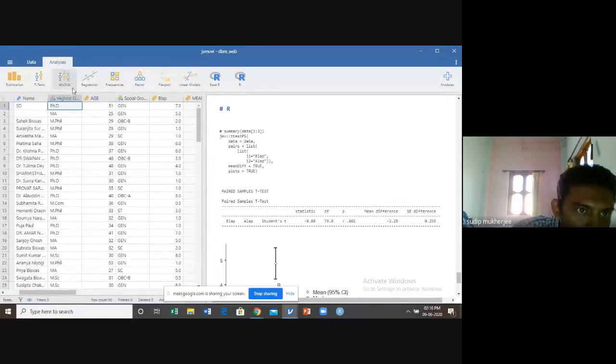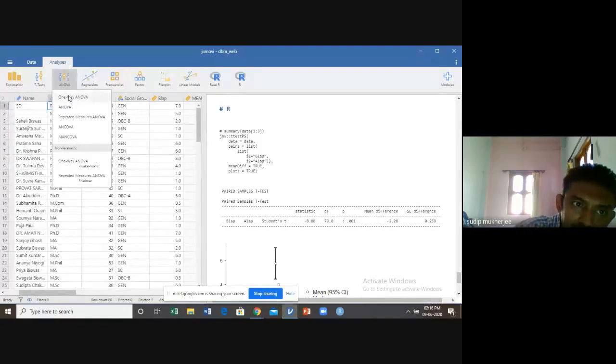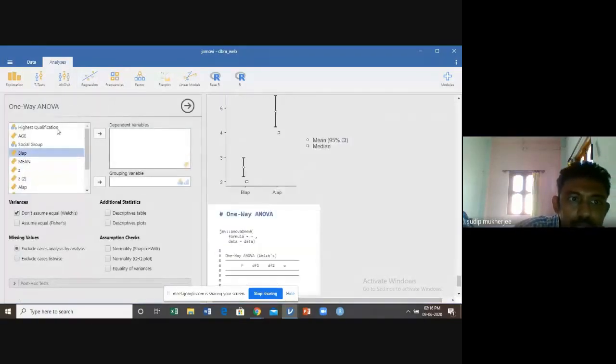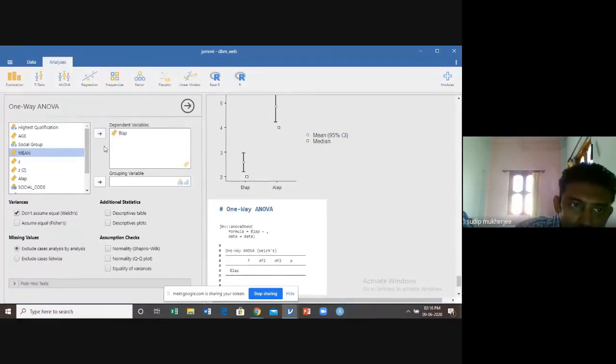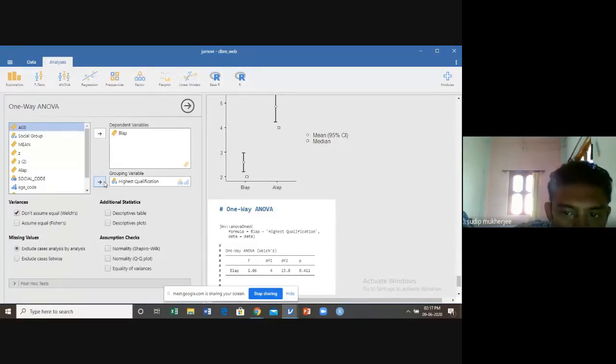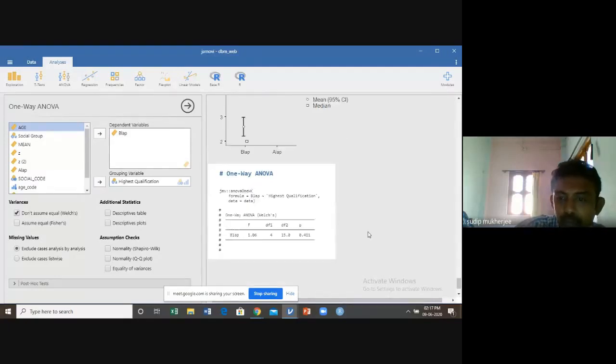When there are more than 2 groups, you use ANOVA. So in case of ANOVA, the steps in Jamovi are: click on ANOVA, then click on one-way ANOVA. Then the dependent variable is the continuous variable, B-lab, and the independent grouping variable is highest qualification. The objective is whether computer usage varies qualification-wise or not.